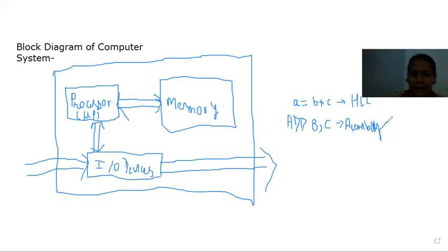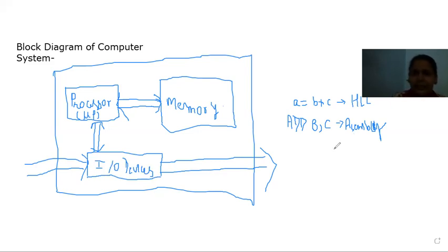So in the assembly language, suppose we want to add B and C. So we will write ADD means add B, comma, C. But in the higher level language, if we want to add two numbers, then we will write A equals to B plus C. Here, A contains the sum of B and C, and add B comma C means here adding the B and C. So in the higher level language, in C, C++, we write in this form, and in the assembly language, if we want to add two numbers, then we will write like this.